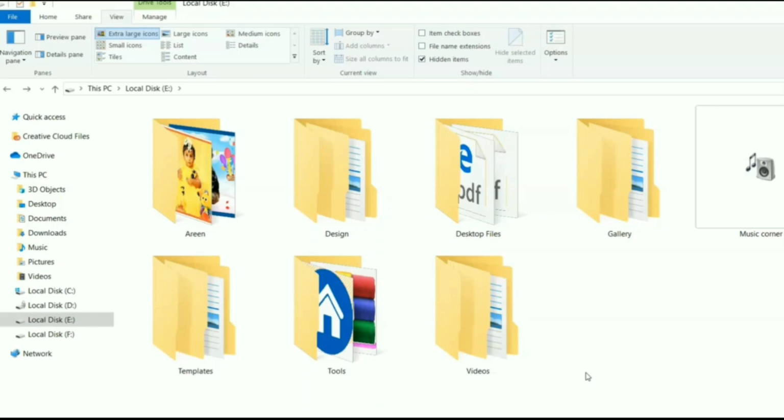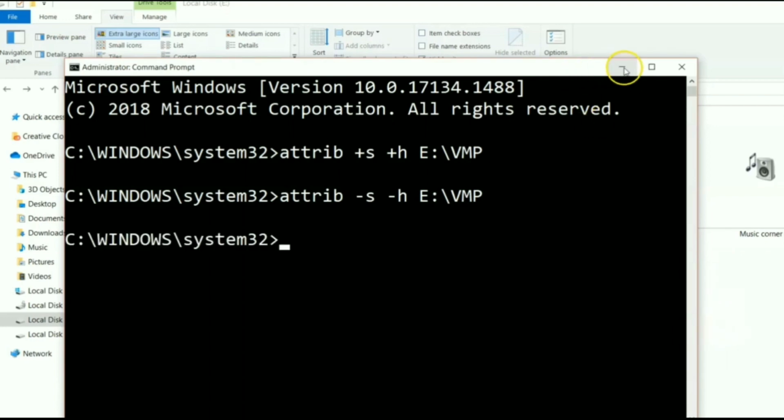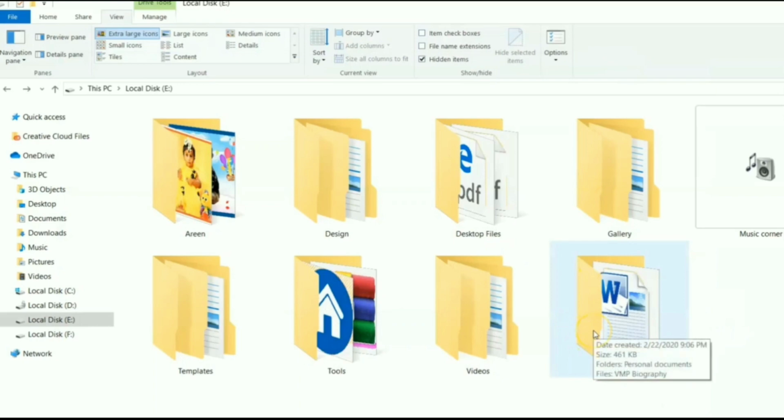But you should remember the path and the file name. If you can't remember, save the content in any file. Now we are going to revert that particular folder. We are going to proceed with the same command with a minor change. Now go to the command prompt and use the same command, but instead of plus you are going to give minus. Okay, and hit enter. You can see the magic, the particular folder has appeared again.